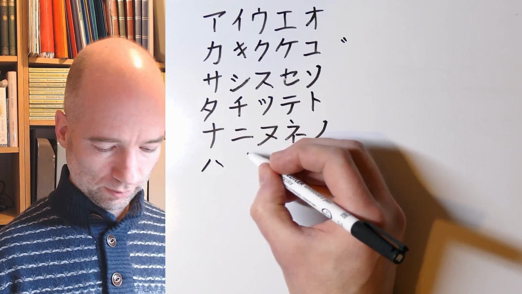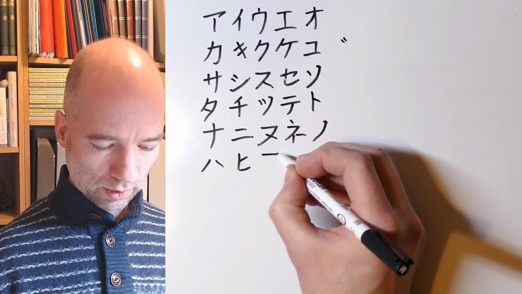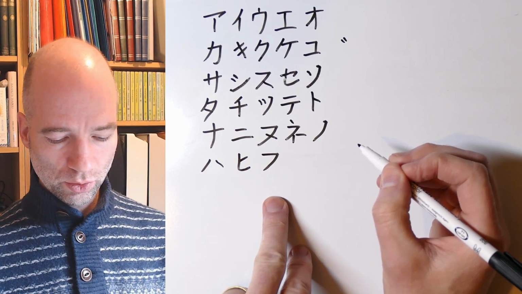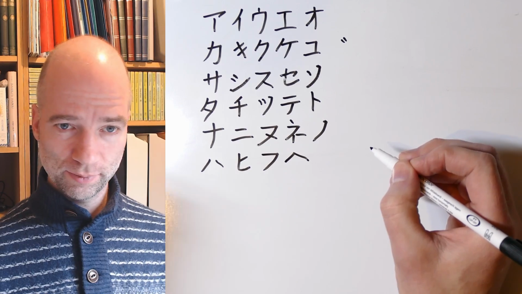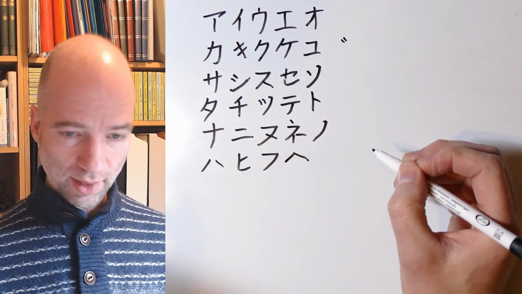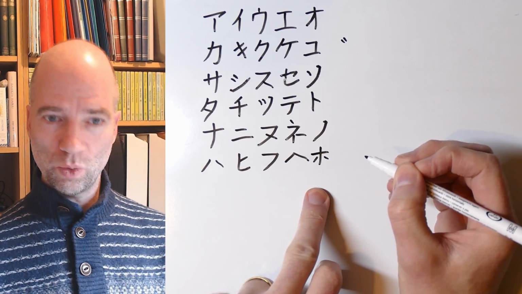Ha, hi, hu, he, which is exactly like the hiragana he, ho,